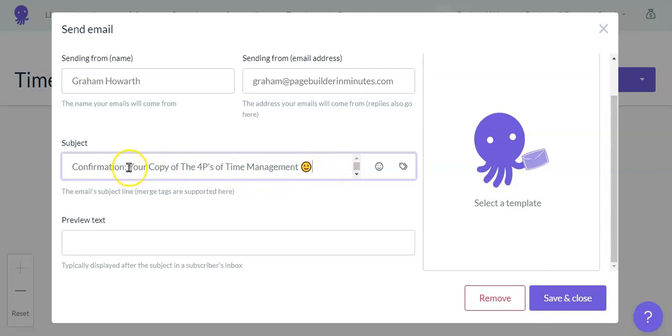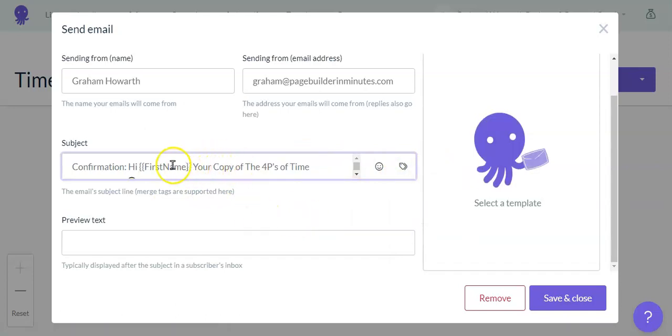Now the other thing, I'm going to go to the front here, and with this tag here, when we look at those, you've got a number of different tags you can add in. For example, the unique ID that belongs to that subscriber, but that's very specific, so we won't be using that one. What we're going to do is use the tag of the first name. So if I go to the front of this sentence here, and I put hi, and then go to the merge tags and use first name.